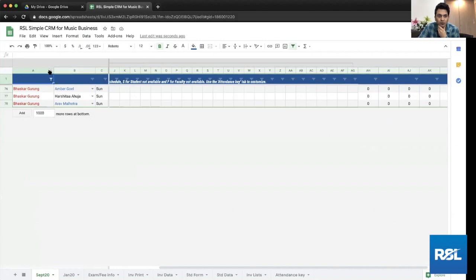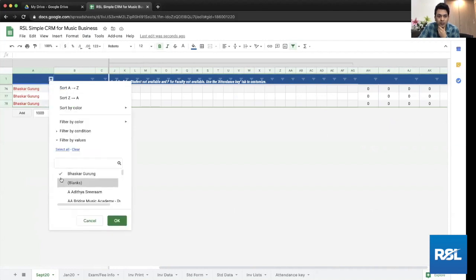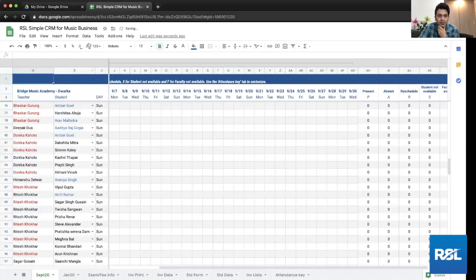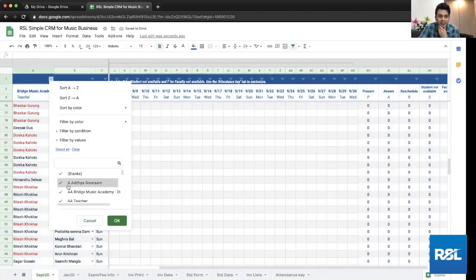So how you solve it is, I need to click on this filter. Right on the top, I say clear all, select all. Let me just cancel the filters and show you this right from the start. Turn off filters, turn on filters. Right on the top, you will see that the Bridge Music Academy and the teacher, these two rows need to be visible because they have the dates and the days on it.